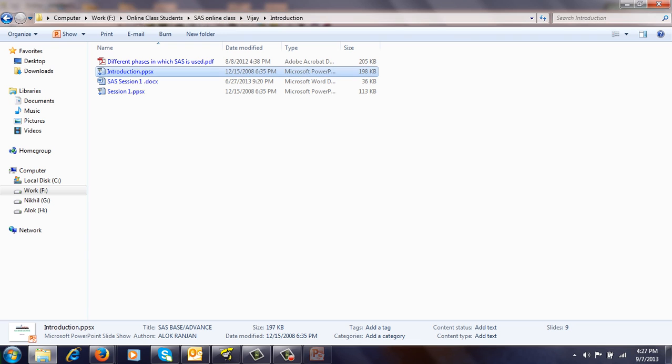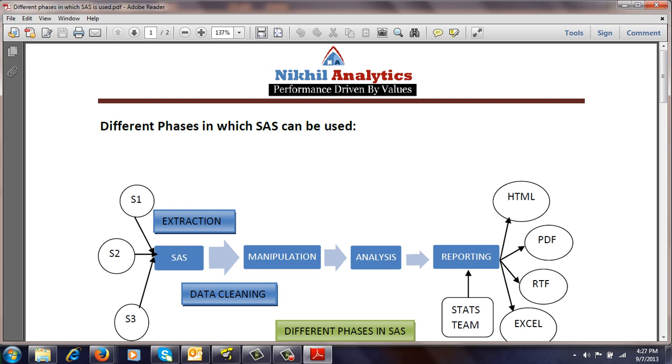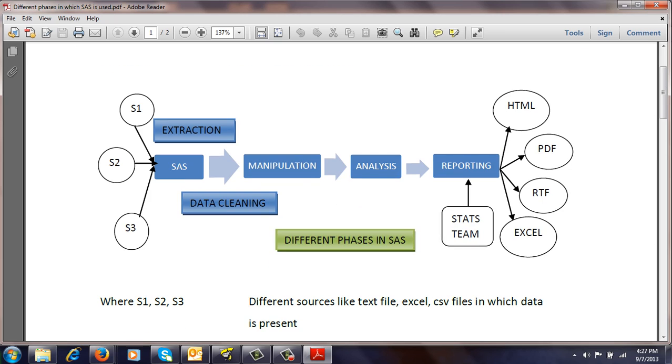I have PDF files which include the different phases of SAS, and I have given some more description about these different phases of SAS. Here you can see I have given process flow diagrams of how SAS works. The first part is extraction.